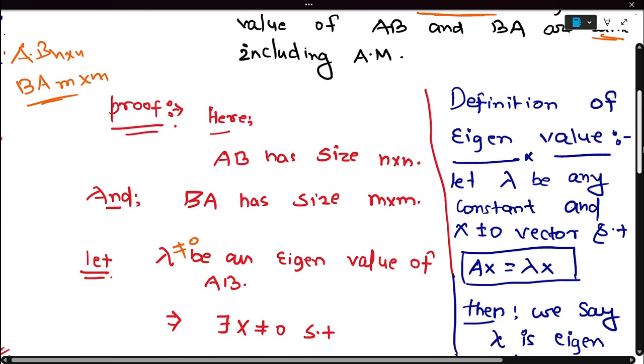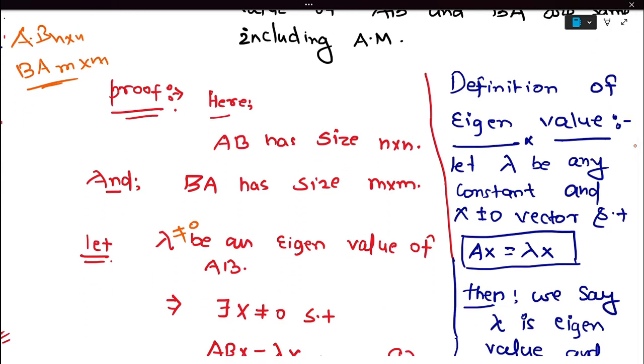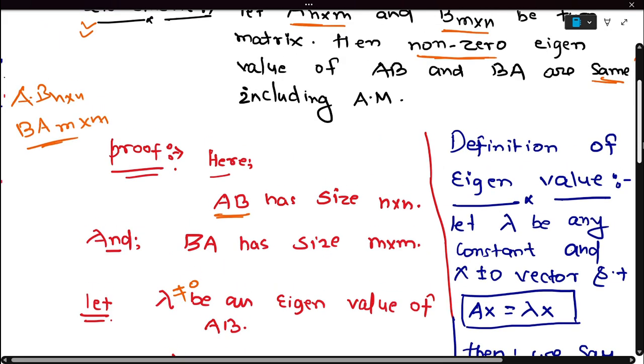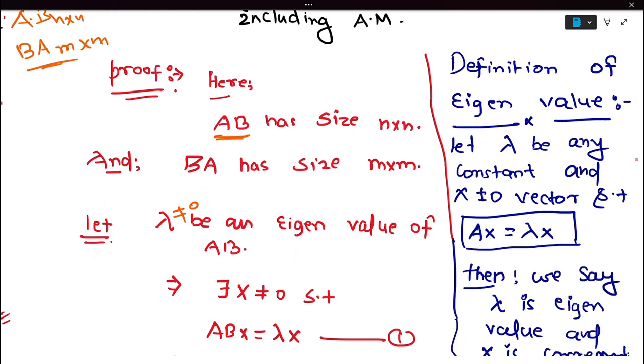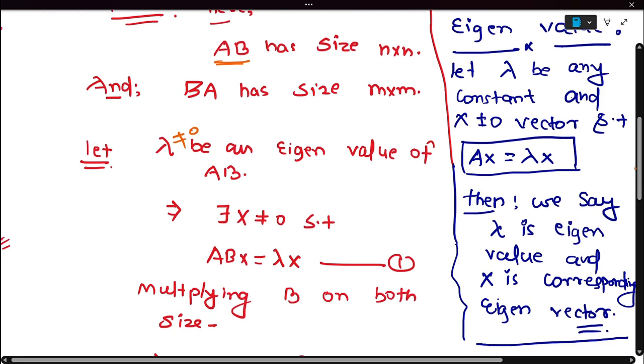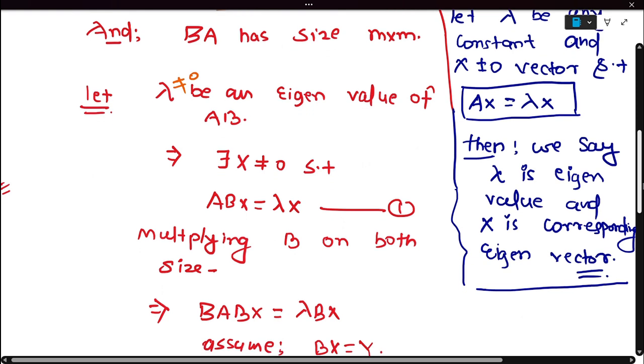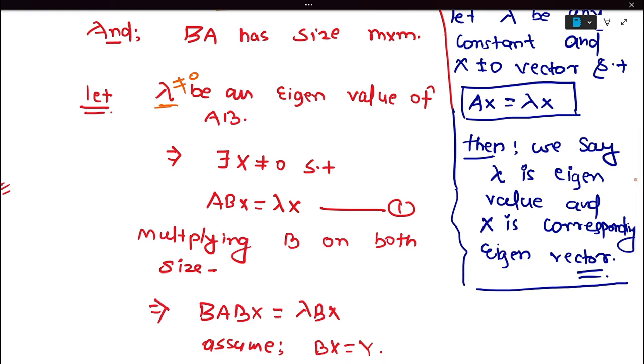We will prove that when AB has a non-zero eigenvalue lambda, then BA also has eigenvalue lambda, and their algebraic multiplicity will be the same. So assume lambda is a non-zero eigenvalue of AB. This implies there exists a non-zero x, a vector which is called an eigenvector,